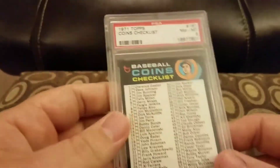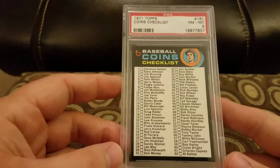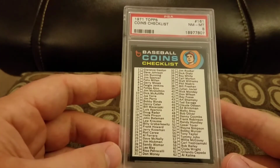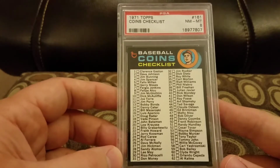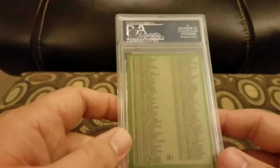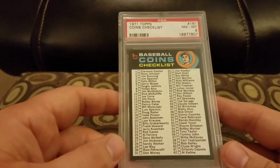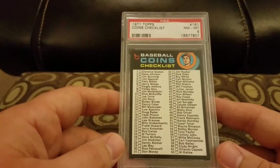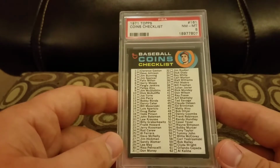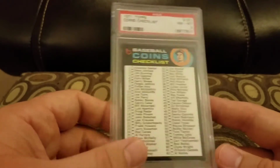This one's kind of an oddball. Got a 71 Topps Coins Checklist and an 8. I've always liked the 71 Topps coins. I got this from 4 Sharp Corners. It was like $6 or something, but I thought it was pretty cool, so I figured I'd pick it up. I think it's this, and then the Fingers and the Hunter are my only 71 Topps